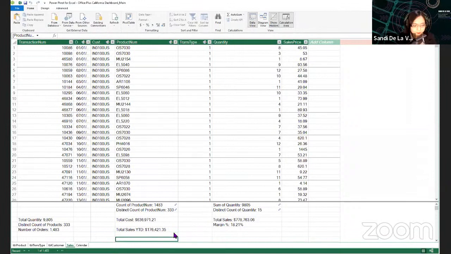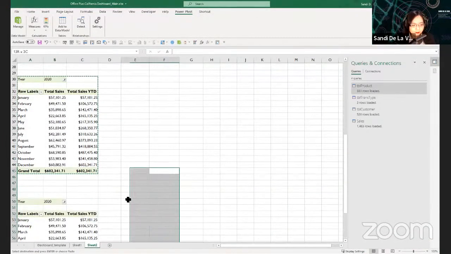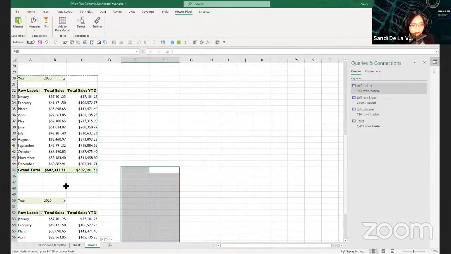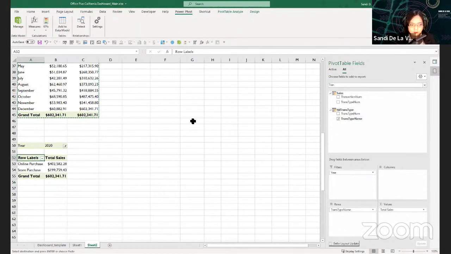But before we do that, we need to calculate the total sales that will not be impacted by the filter of transaction type name. Let me provide you with an example first before we create that DAX measure. Let's bring out the transaction type name and remove the month.